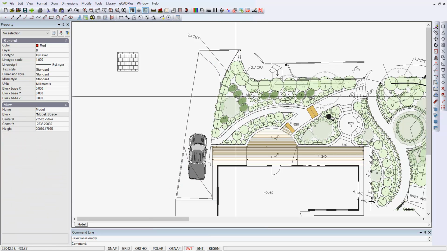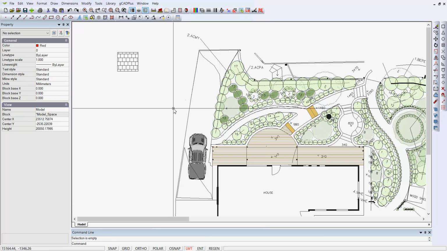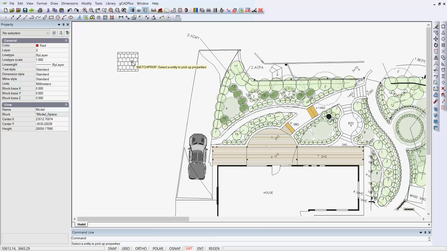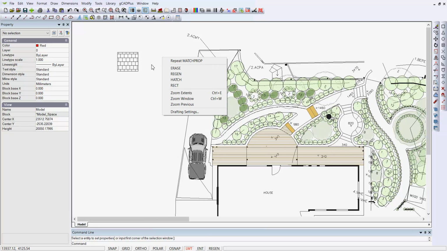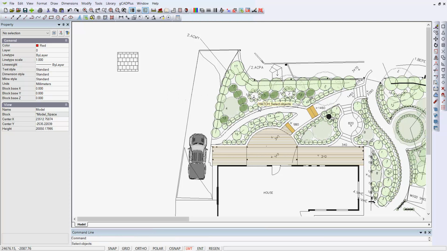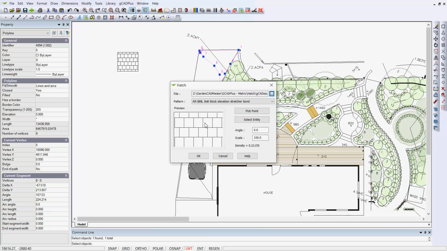And what we'll do now is hatch it with one of these standard patterns. Here's the ARB88 block in elevation. We're going to use it in this driveway pattern. So we can now modify and match the properties of it to, we need to hatch it first, don't we? Hatch, and there it is. Pick the entity. I could pick both of them at the same time, but if I do it in two stages, like so,